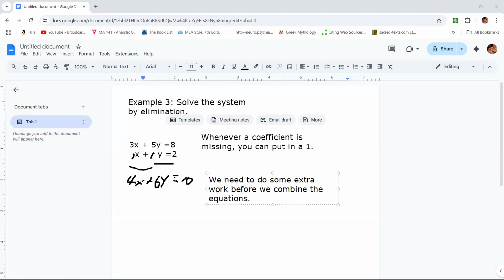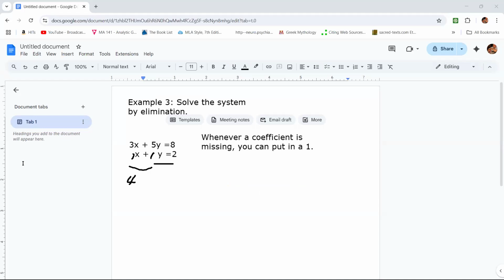Okay? So we can't do that. What we're going to do here is I'm going to go back now and we're going to put in, okay, we're going to first,